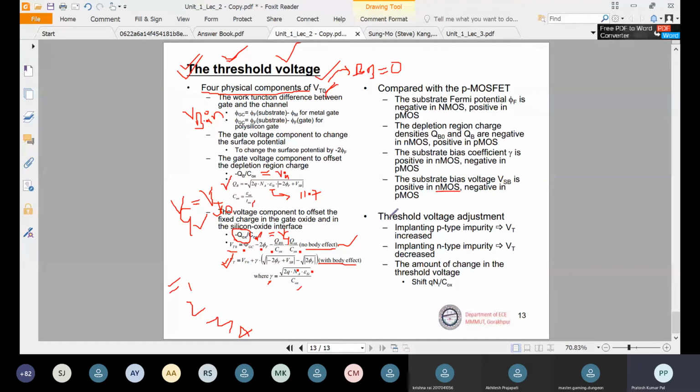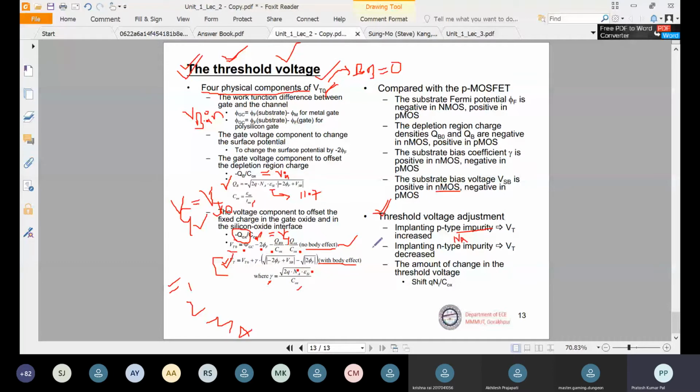So there are different dependences of threshold voltage. So how the threshold voltage depends, we will be seeing this. So threshold voltage adjustment is basically done by implanting p-type impurity to increase the threshold voltage. Whatever impurity means here doping, we are basically talking about doping. So whatever Na value is there, that will be affecting the threshold voltage. How is it affecting? Finally this is the expression we should be considering, with gamma depending on the Na value. It is directly proportional, so VT will also be directly proportional.